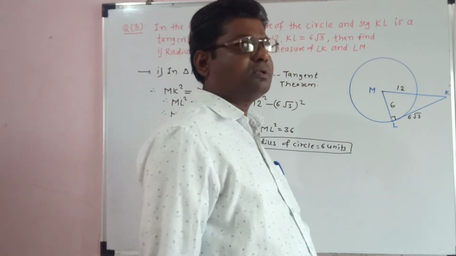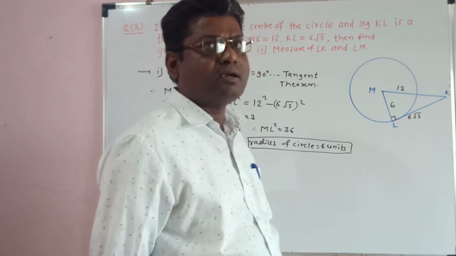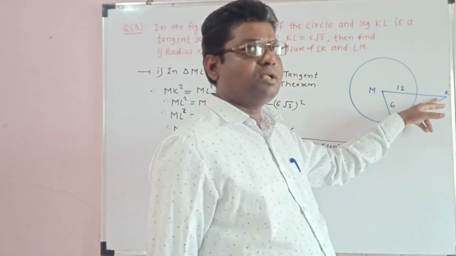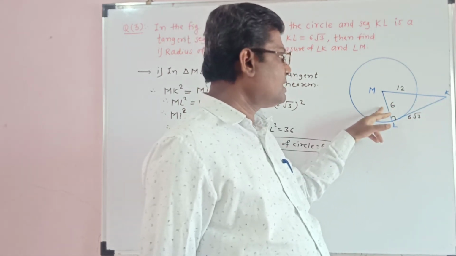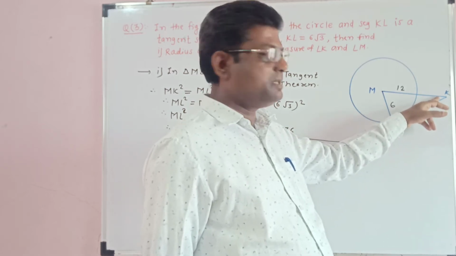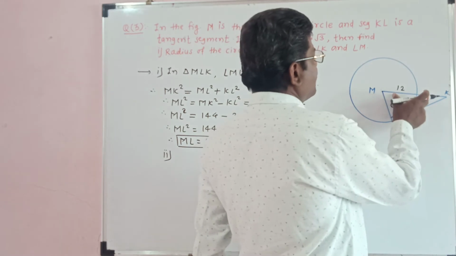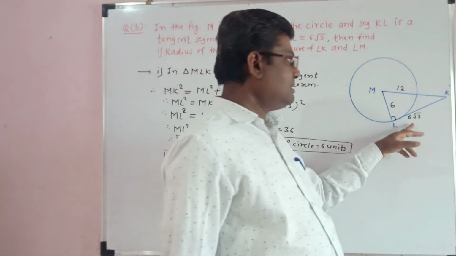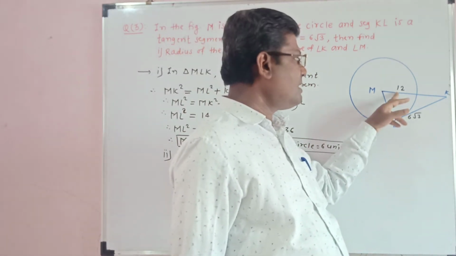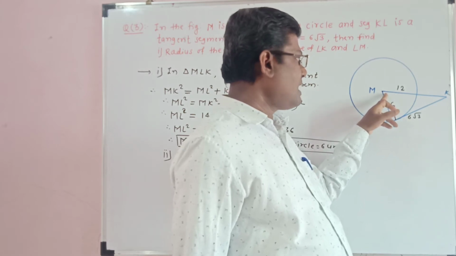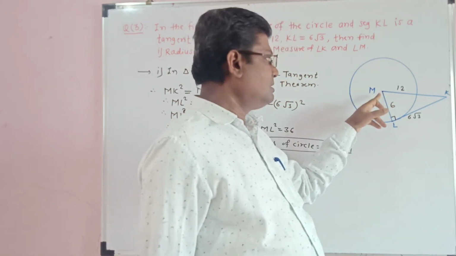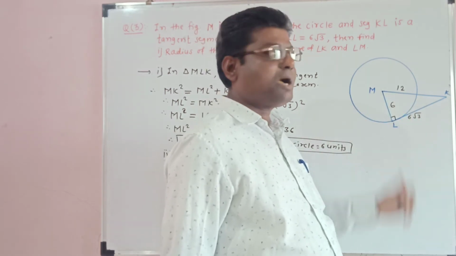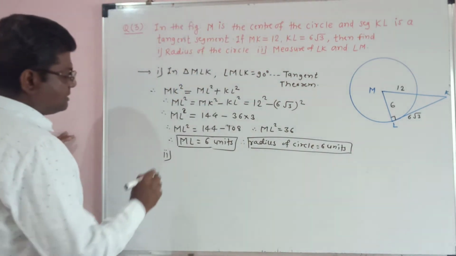So according to the 30 degree, 60 degree, 90 degree triangle theorem, the side opposite to the 30 degree angle is half of the hypotenuse. Therefore this angle should be 30 degree. Now MK is equal to 12 and KL is equal to 6 root 3. So KL is root 3 upon 2 times MK. Therefore this angle will be 60 degree because the side opposite to the 60 degree angle is root 3 upon 2 times the hypotenuse. So we write in triangle